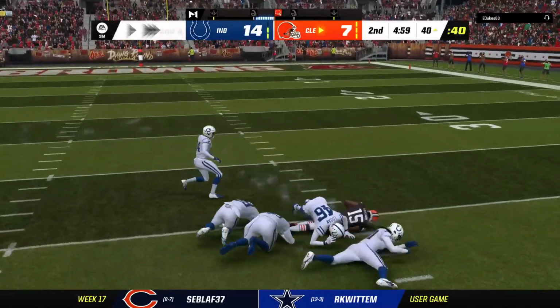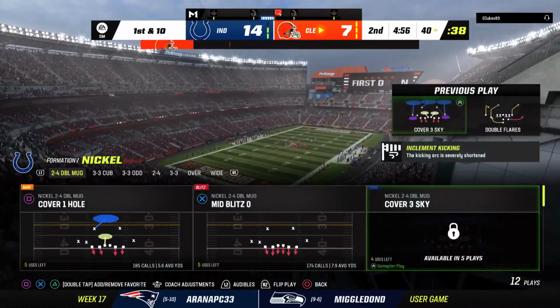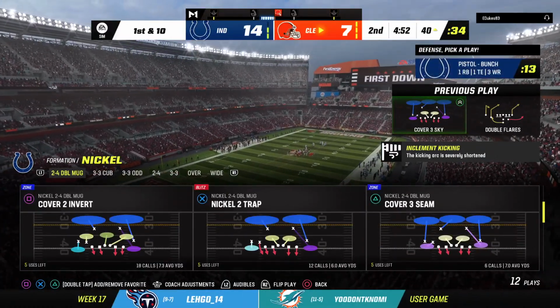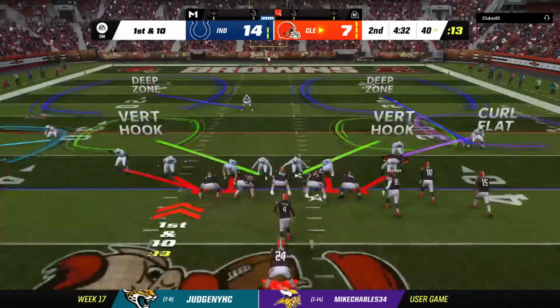From the gun, here's Watson. And Gordon's got it. And they'll get him to the ground. He has another first down at the Colts 40. A good pickup there of 20 yards. And that last throw, CD, going to move him even further up that all-time passing leaderboard as he just moved beyond Broadway Joe Namath at